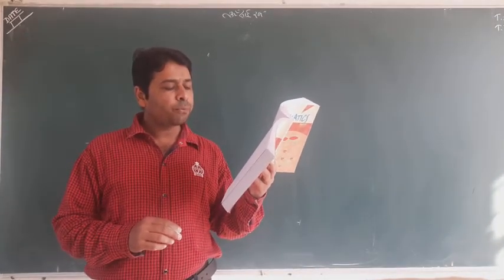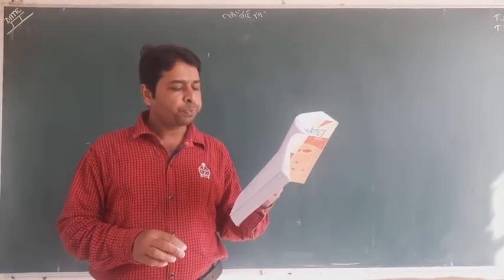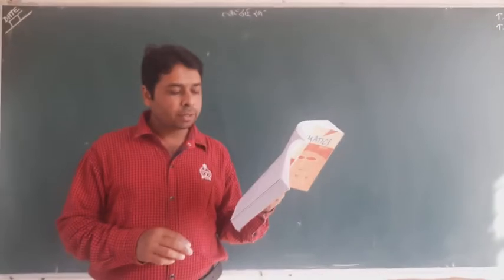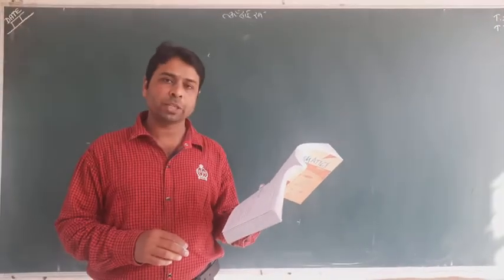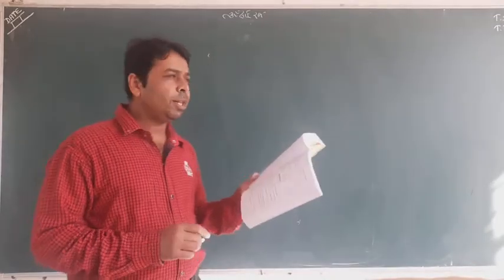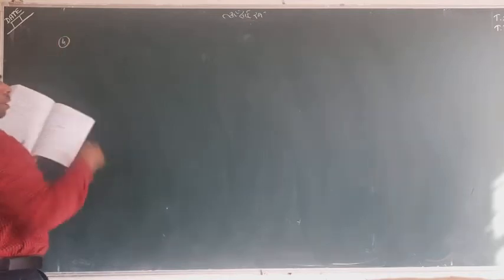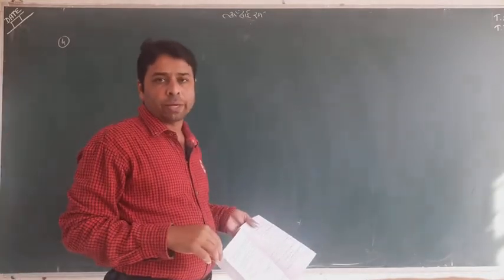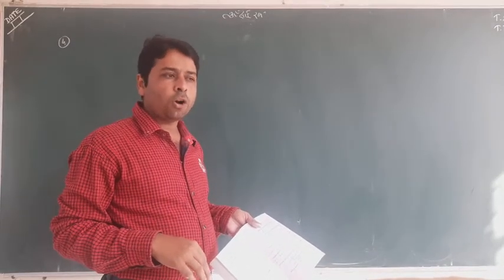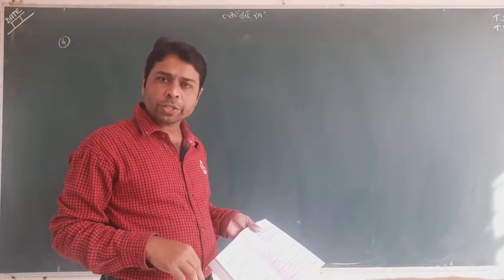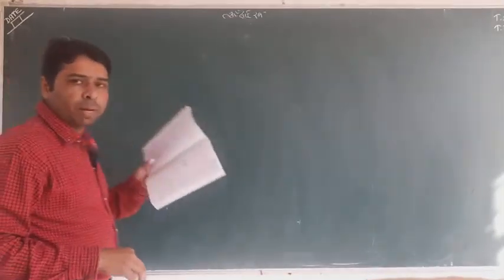Questions number 4 and 5 are the same. I am telling you the 4th. Find the equation of the line passing through (1, 2, 3) and parallel to 3i plus 2j minus 2k. I don't think that is a trouble. You should be perfect in both ways, vector form and Cartesian form. Or if you are expert in Cartesian equations, still okay. I can tell you this question by both methods.